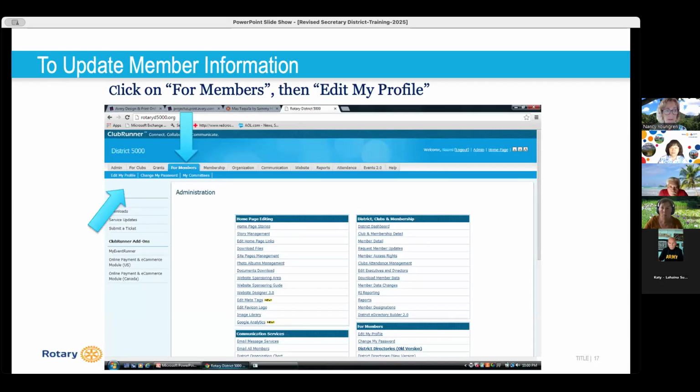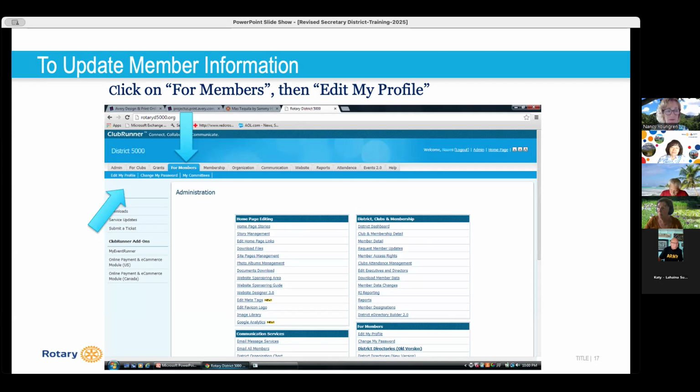Okay, so to update member information, a lot of club members don't realize they can edit their own information. They just want the secretary to do it. And the secretary can do it, or the administrator, if you have an administrator. But it's a good idea to just let members know that they have a lot of power to edit their own profile. It'll save a little admin for the secretaries.